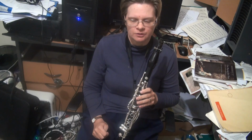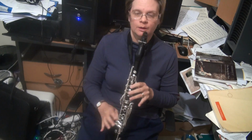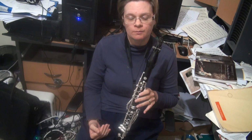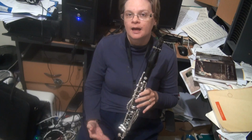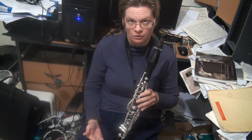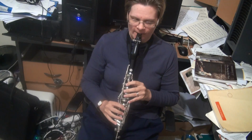There's absolutely no dramas. You just want to get a really smooth sound all over the range. And the thing is with scales, some people practice their scales with crappy reeds. Not really a good idea. I try to put my best reed on when I'm practicing my scales, because I want my scales to sound as beautiful as any piece I'm playing. And if you can make a scale sound beautiful with nice tone, good legato, clean fingers, then your pieces are going to sound a lot better. It's why I warm up with long tones between 10, 15, 20 minutes a day, because if the long tones are nice, then you're going to have a nice sound, and it's going to be a lot nicer to listen to you. But F major,